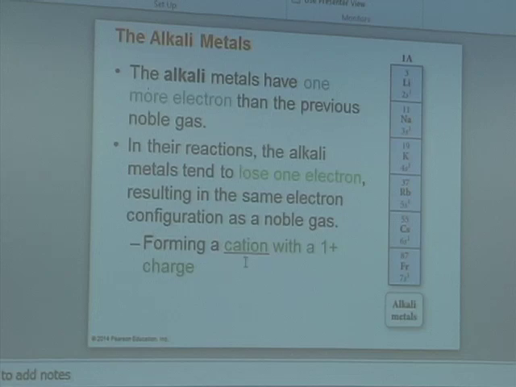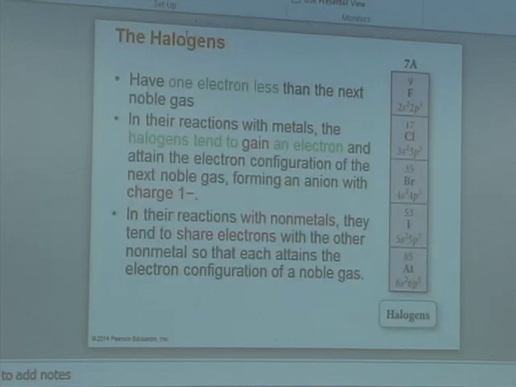We learned in chapters 3 and 4 that they tend to lose an electron, and when they lose an electron, they form a cation. While halogens have 1 electron less than a noble gas, so they tend to gain an electron